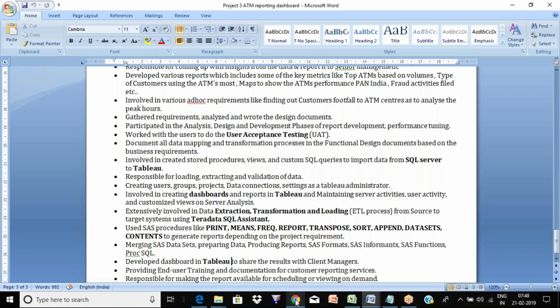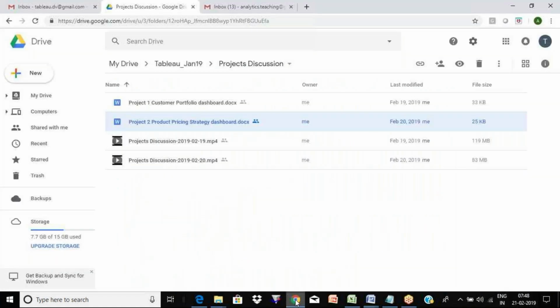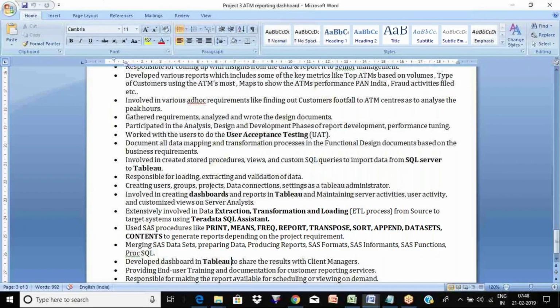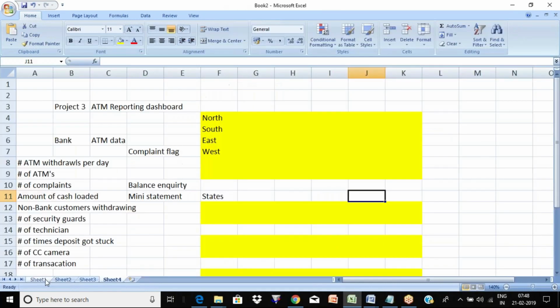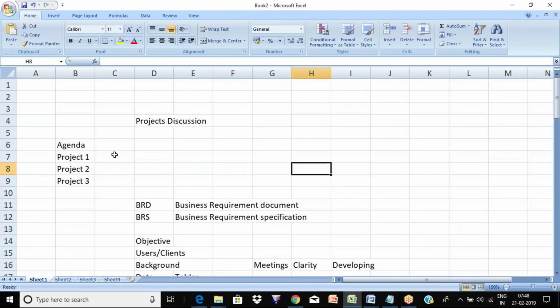And as I said, pick any two. So let me ask everyone, out of these three, what are the two things which everybody felt are interesting, good to go and easy to explain? You can ping in the chat or you can talk, that's fine. Which two projects did you feel?